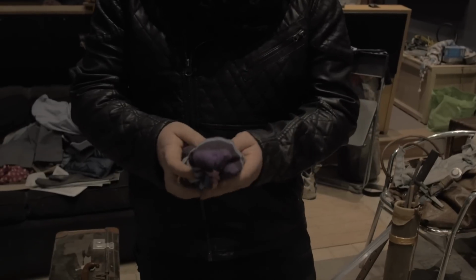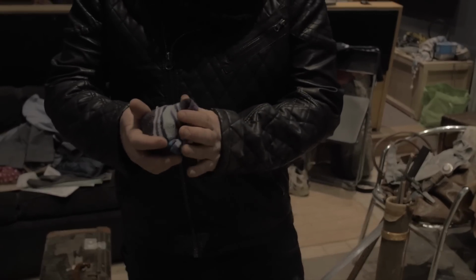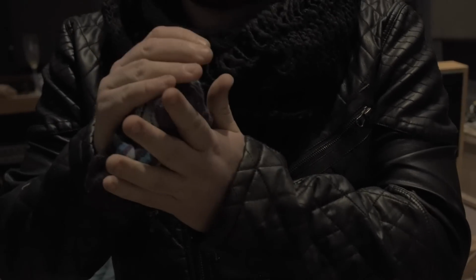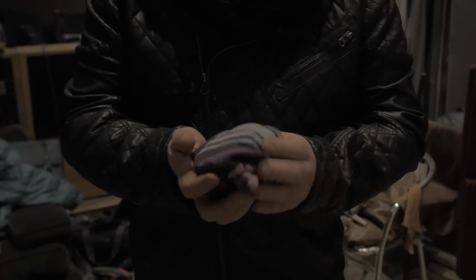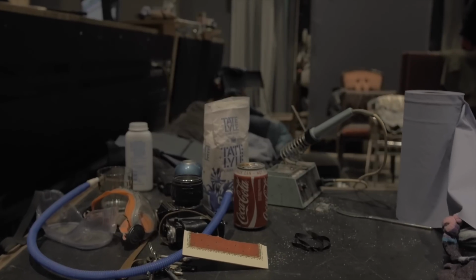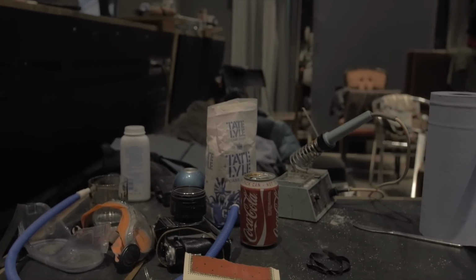This is actually a sock that's full of nuts and garlic, and during the game Alien Isolation with Creative Assembly, this is one of the layers that is made up for the alien itself, and it's basically crunchy grinding noises. So that's an interesting approach because we wanted something that was organic. We didn't want to use something particularly fleshy. So we basically tried all different objects out and we ended up partially using a sock that had garlic and nuts in. So this was one of the main things that we used to make hisses for the alien